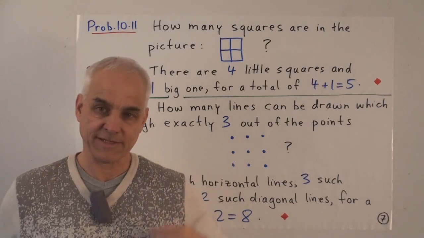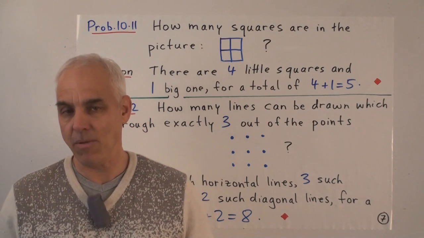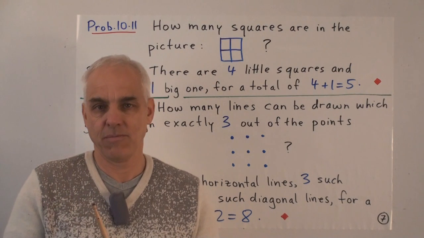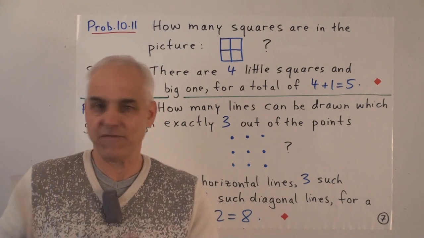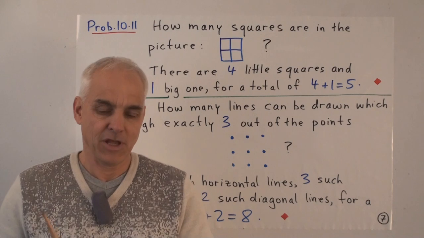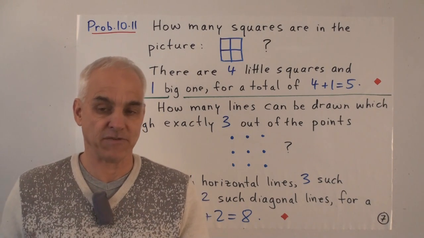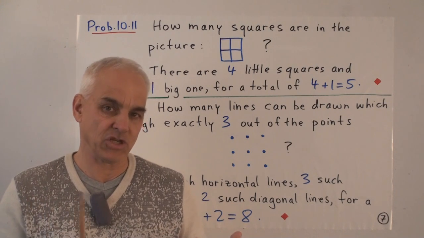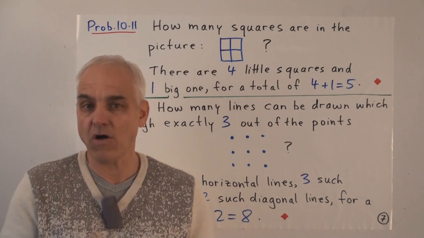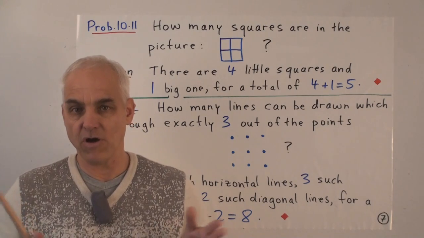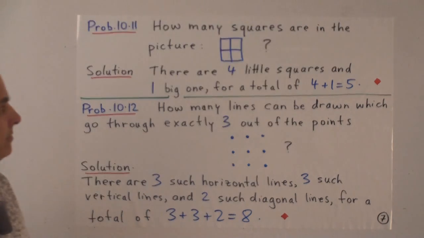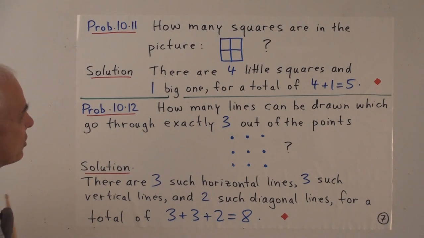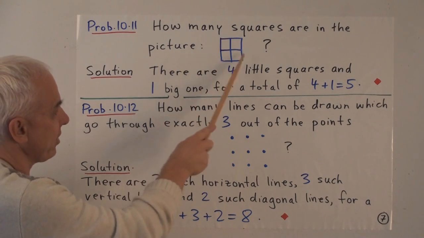Here are a couple of somewhat more sophisticated problems that show us that addition and counting are often very closely connected. So a lot of counting questions where you're asked to find how many of such and such there are really in some sense are addition questions, or at least they involve some addition as part of solving the problem. Have a look at this question. How many squares are in this picture right here?